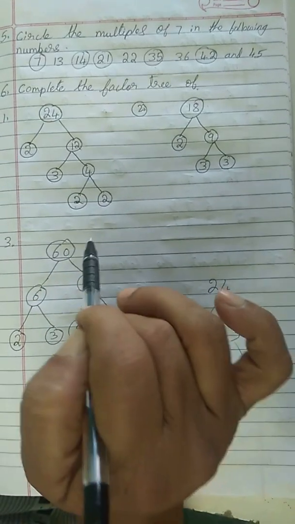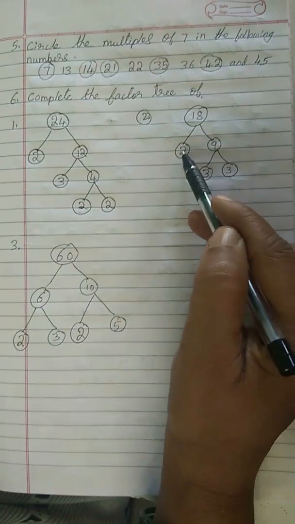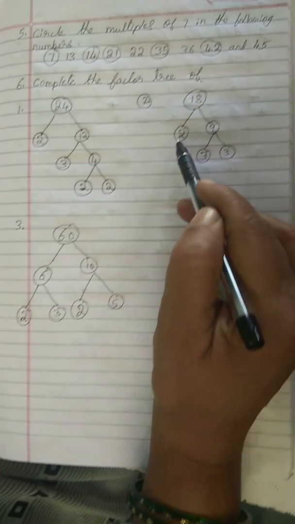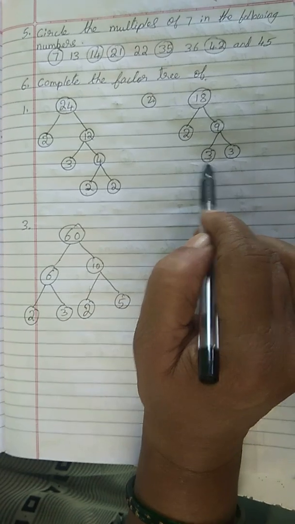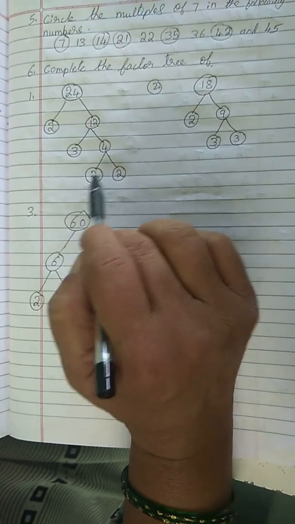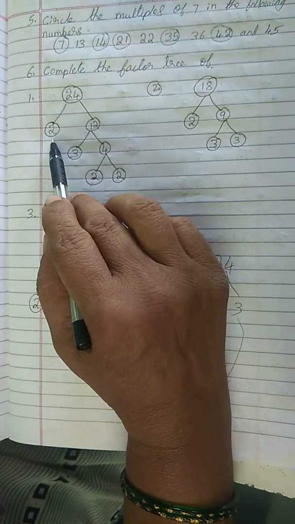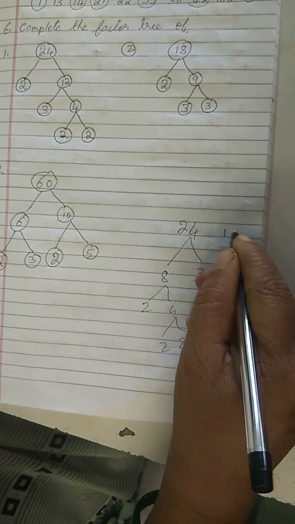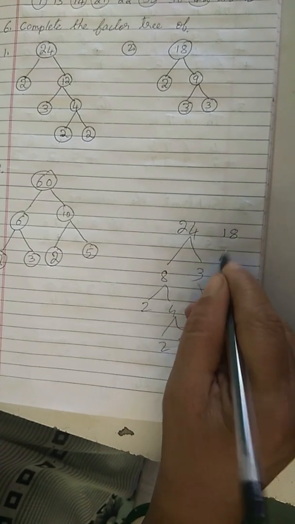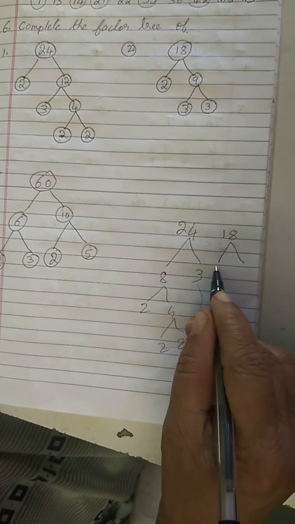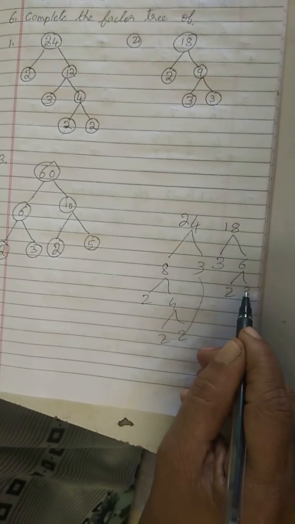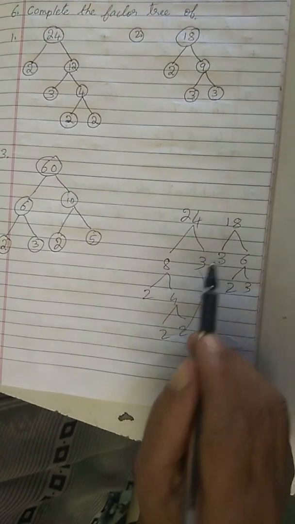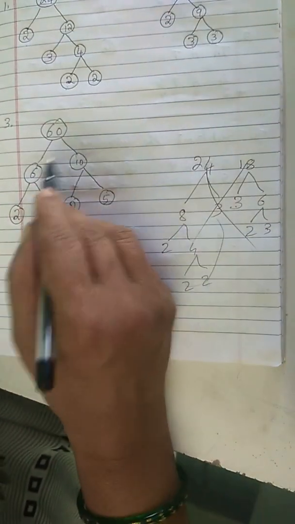2 twos are 4. 18. So you know that 2 nines are 18. 2 is the prime number, that is again 9. 3 threes are 9. So you know that 3 threes are 9. 9 twos are 18. Here 2 twos are 4. 4 threes are 12. 12 twos are 24. 18 also you can do, if they have not given, find the factors of 18 in the factor tree means you can do 3 6s are 18. Again see 2 3s are 6. 3 2s are 6, 6 3s are 18. Okay, you can practice any number.